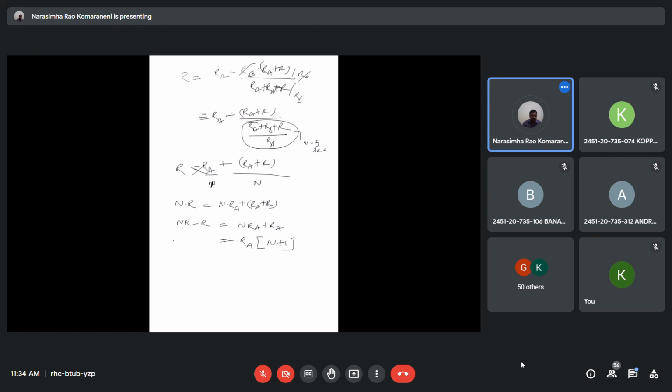Therefore, if you take RA common, we can write it as RA of N plus 1 and R of N minus 1. Okay, so we want this RA. Therefore RA equal to R into N minus 1 divided by N plus 1. Right, so we got the series branch value RA in terms of terminating impedance and capital N. Okay, this is equation 1. Now, similarly,